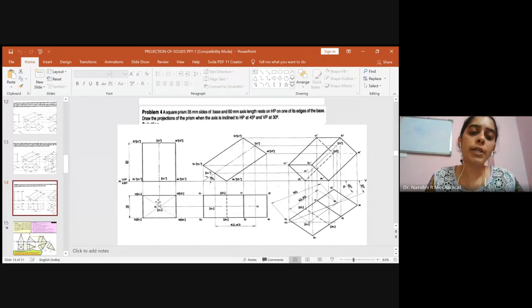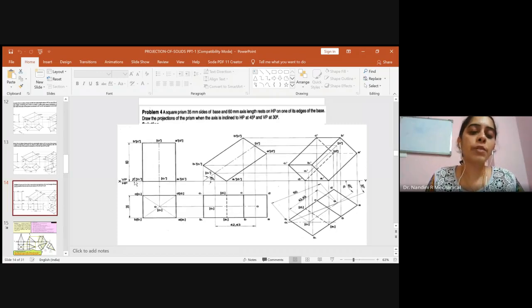After this, you will identify the center you have done already. From the center, you will take the projection above, and here the axis height is given as 60 mm. So please, using the compass or the scale, mark 60 mm where it comes exactly. Then from here also, you please take the projection. Let the projection line be very thin. Take the projection until 60 mm. Once you get the front view, dark immediately using the thick pencil.